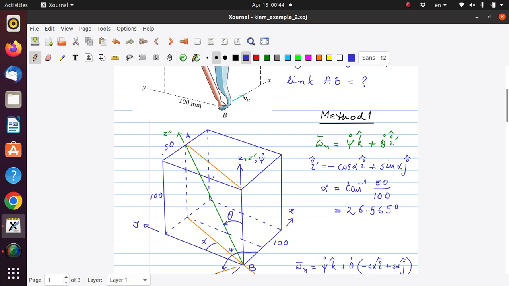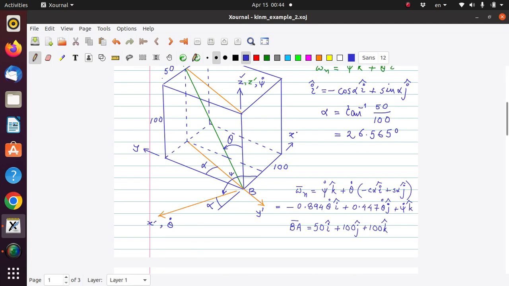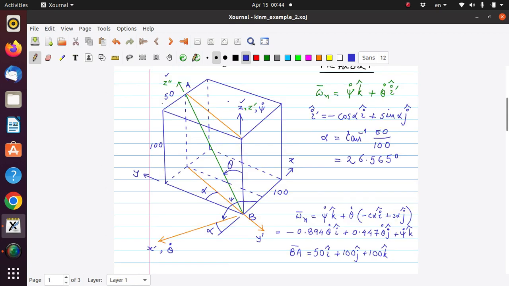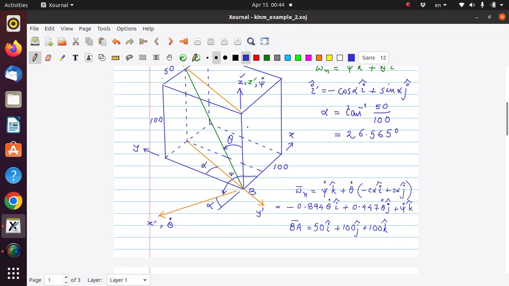So first the plane containing z and z double dashed is located, and once z is known, z is parallel to inertial reference, we know that small x and small y are perpendicular to z, and once this plane containing z dashed and z double dashed is located,